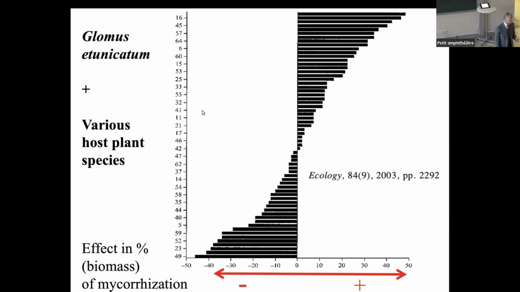It means that for mycorrhiza, it's like for couples in normal human life. It's not just a matter of being two. There is more than that. There are some cases where it runs and makes the best, and some cases where it's just a way to hell. In other words, I want to stress that whenever you inoculate a limited number of strains,